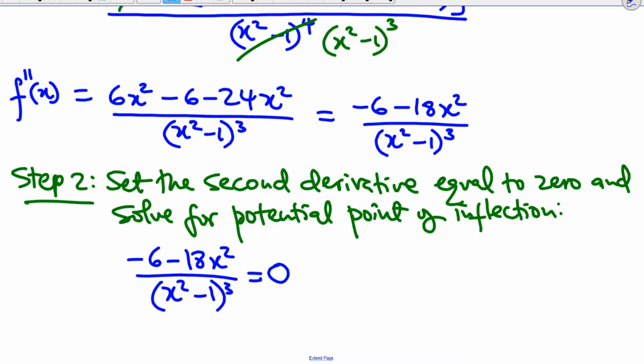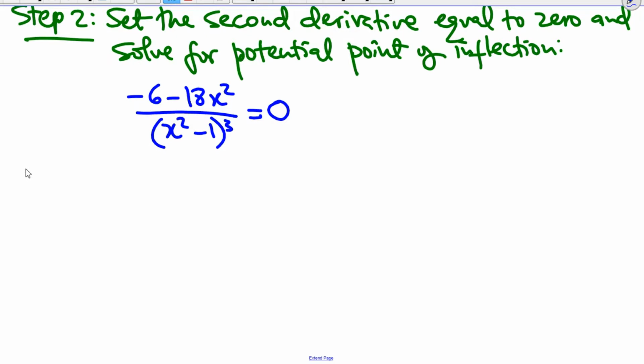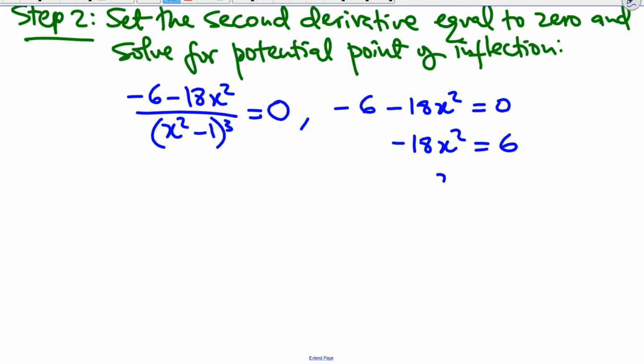If we equate that to 0 and multiply the denominator by 0, that means we'll have negative 6 minus 18x squared equals 0, which means we'll end up with negative 18x squared equals 6. x squared will be 6 over negative 18, and x will be the square root of a negative,